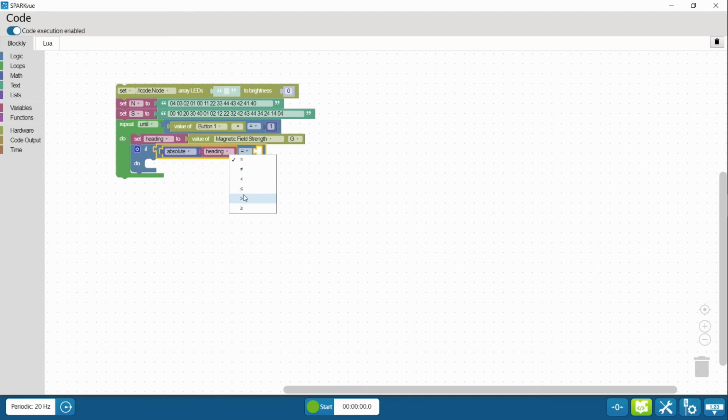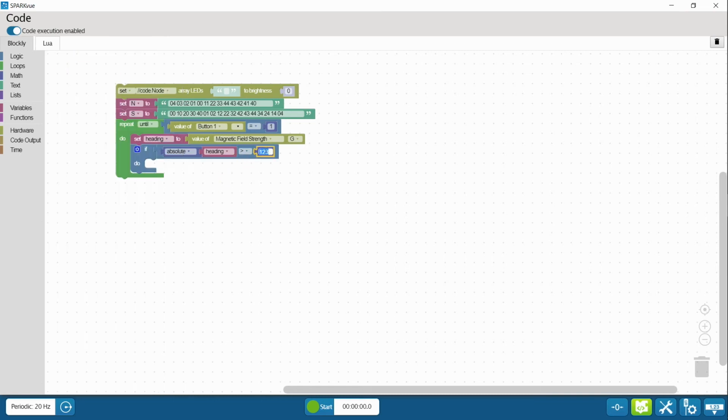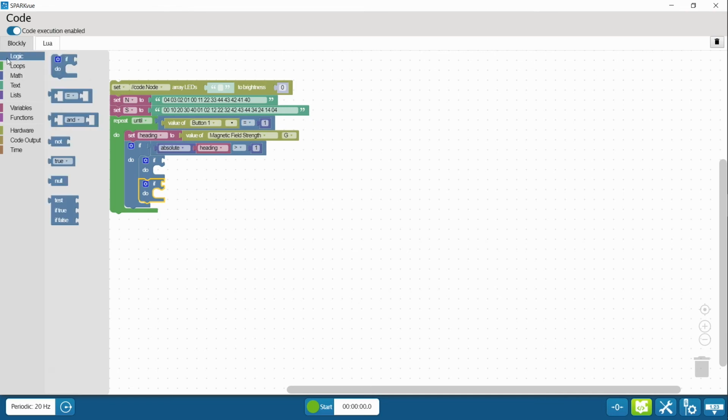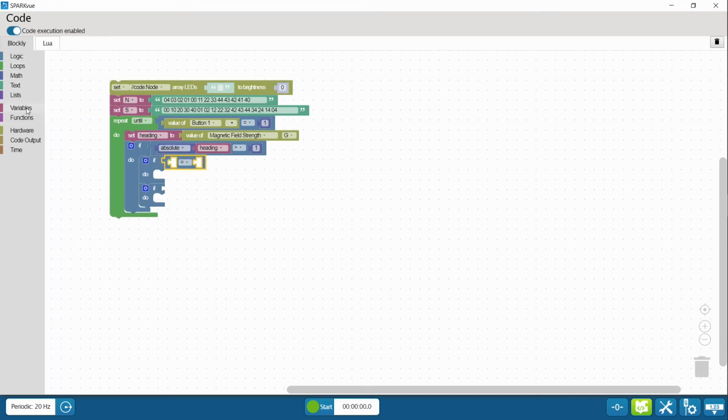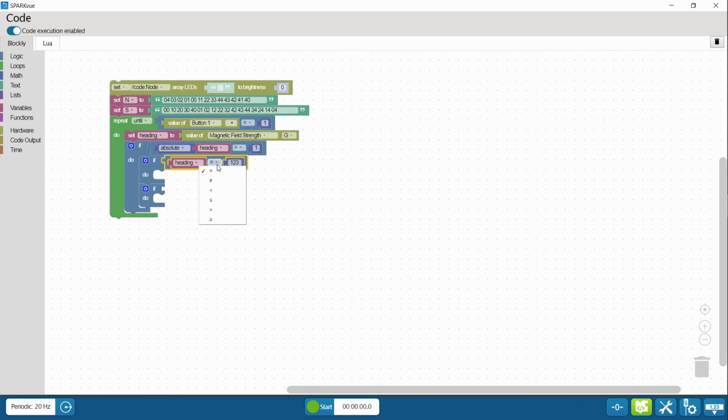So as long as it's greater than 1, it's going to do the following. I need to pull in 2 more logics within this one. You can pull from here or you can duplicate. I like to duplicate it because it's a little bit quicker. And for here, if the value of the heading, don't let that deter you. They like to run away from you sometimes. All right. If the value of the heading is greater than 1, this is a positive number,